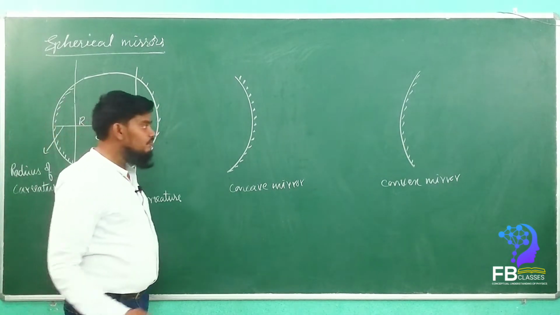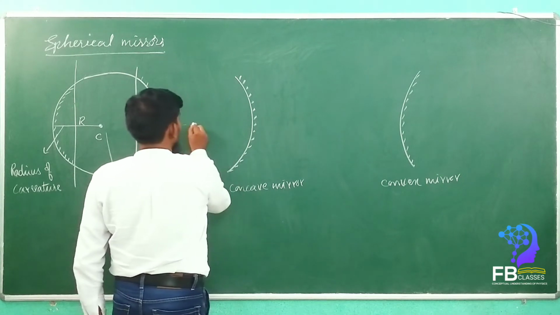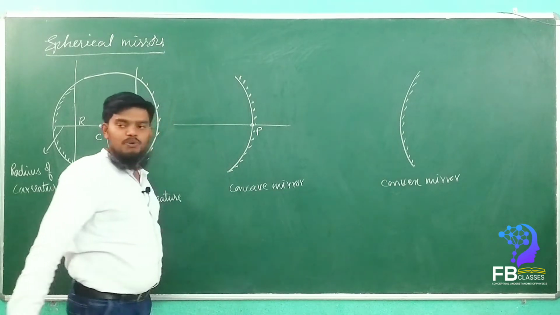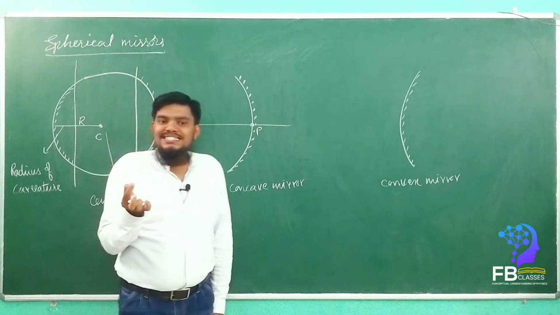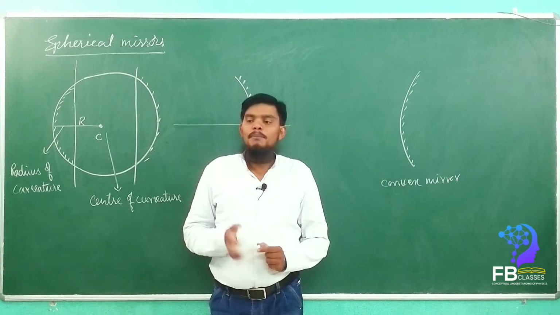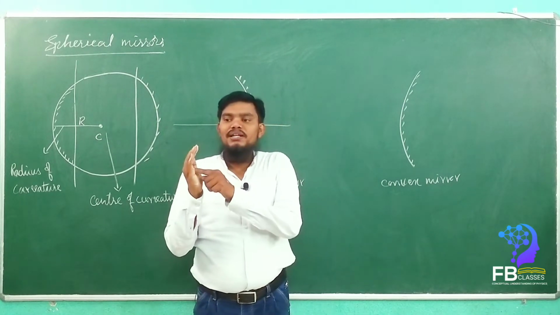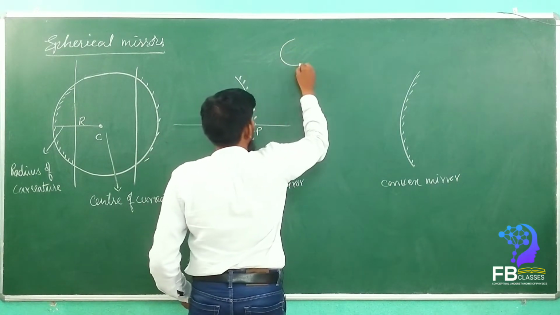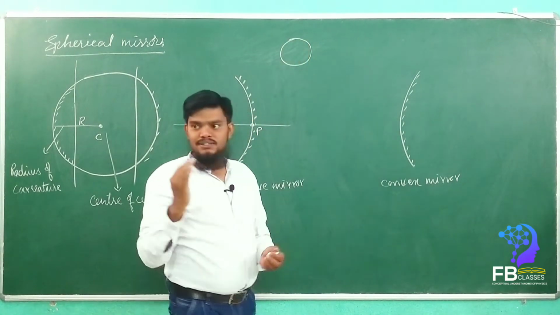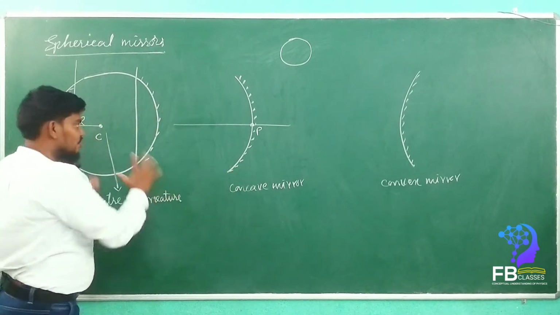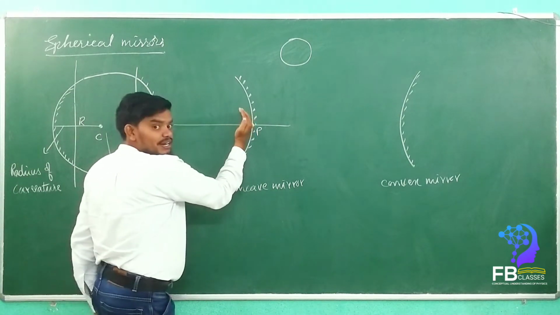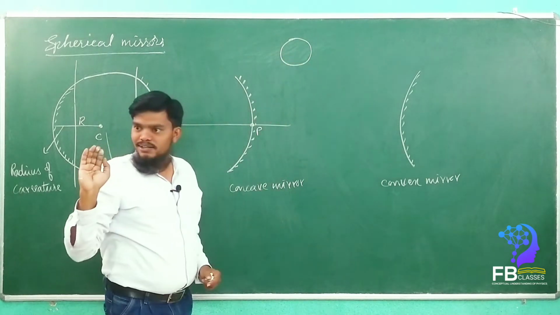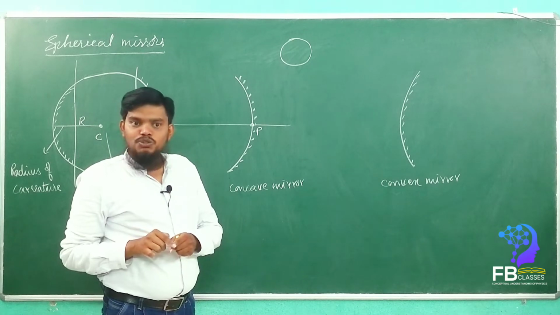Got it? Yes, sir. Now see here, this point we can call the pole. Pole is nothing but, as mentioned in the books, the center of a mirror. See, if this mirror is seen in the side view, it appears like this. This is the total sphere, and this is the side view of the mirror. If you see the front view, the total mirror looks like a circle. Is it round? Sir. A round shape of a mirror.